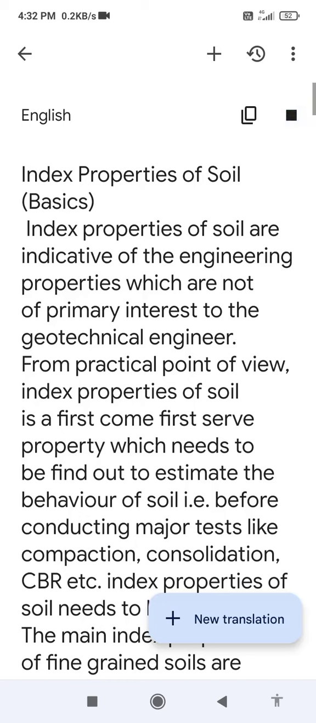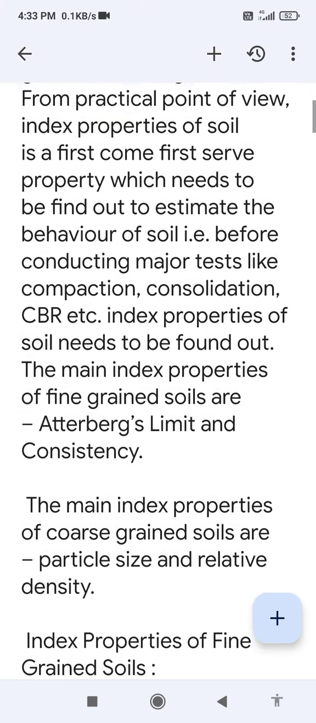Index properties of soil. Basics. Index properties of soil are indicative of the engineering properties, which are not of primary interest to the geotechnical engineer. From a practical point of view, index properties of soil are a first-come first-served property which needs to be found out